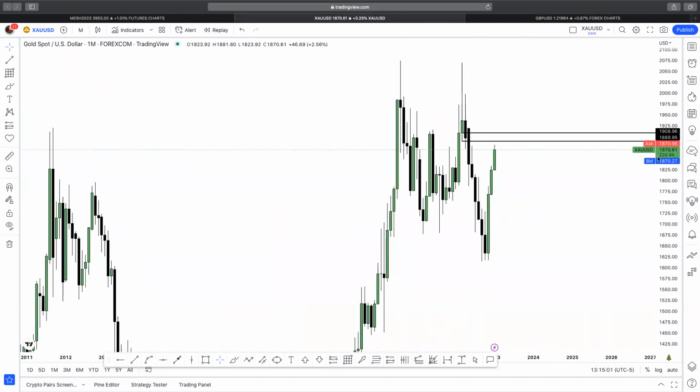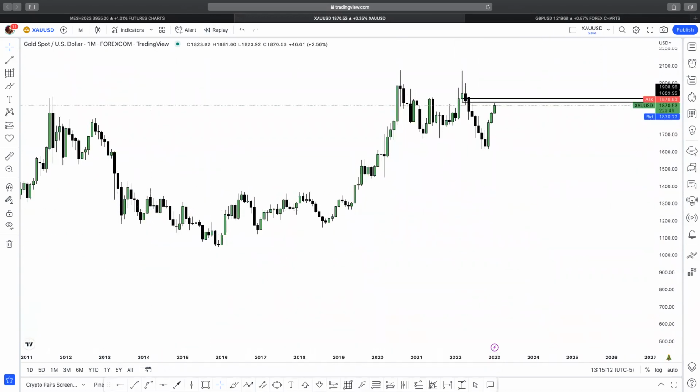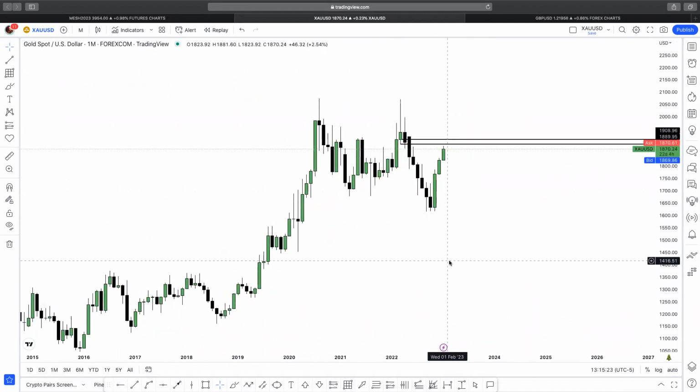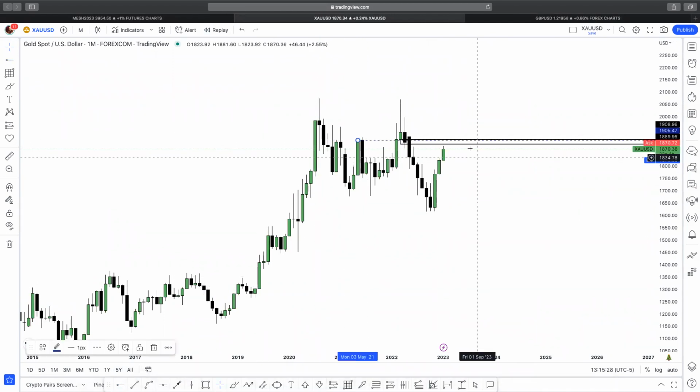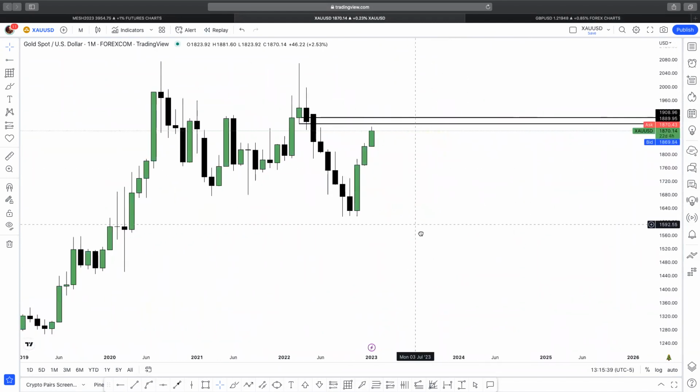Gold has been on the biggest comeback since 2020. So maybe since 2019 going into 2020. I haven't seen it like this in years. Yeah, since like 2019. This is a beautiful rally. We're getting to these monthly levels, right? Rejection block is here. Right, like literally where this order block is. So I want to see it stab into this level. That's what these levels are, just so you know. And then